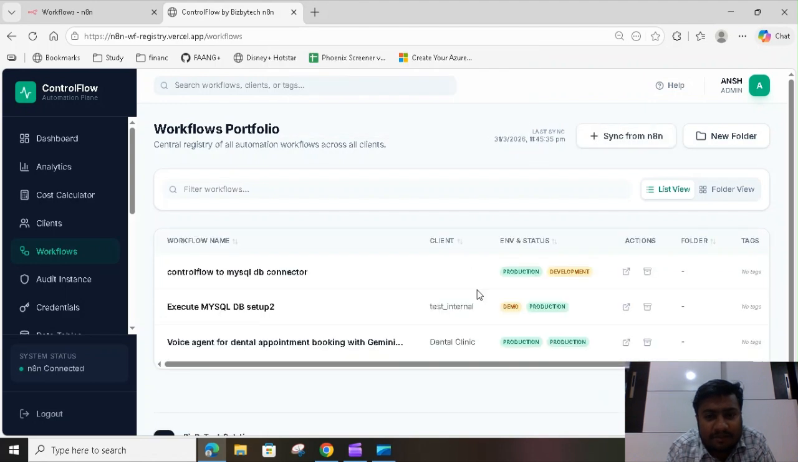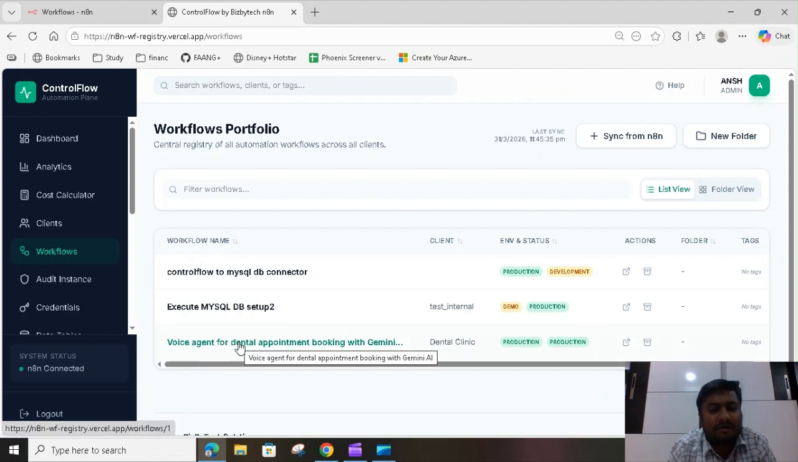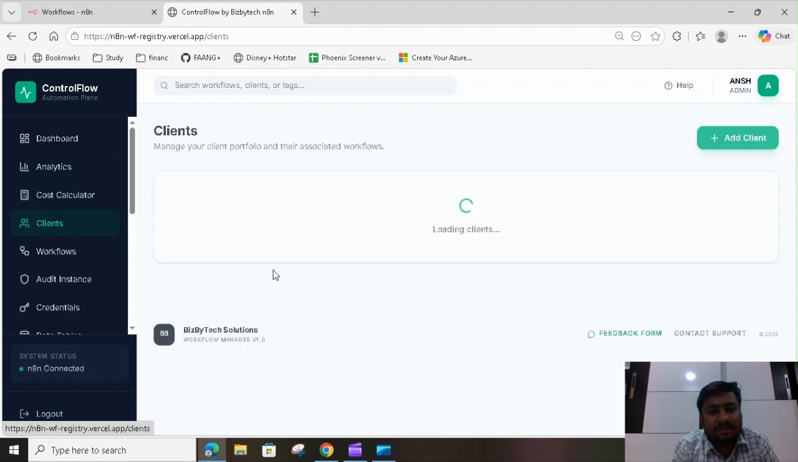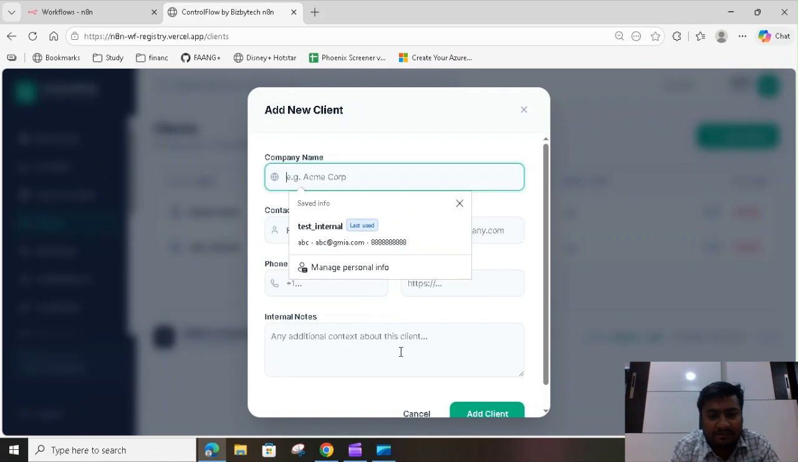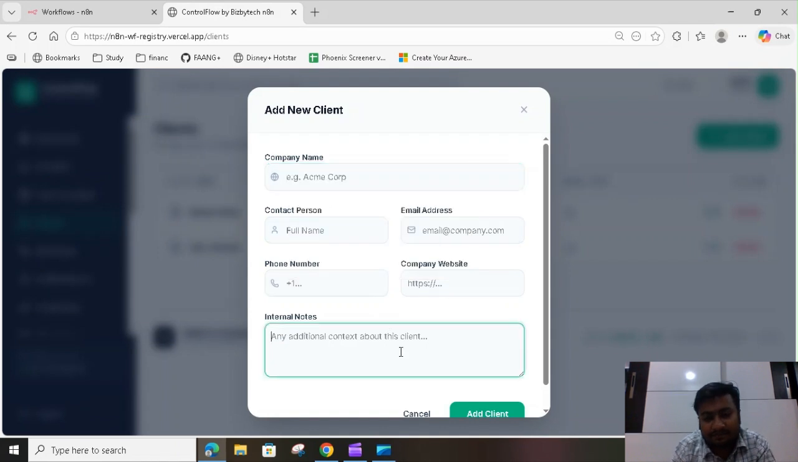Okay, it's saying it's completed. Now we can see all three workflows here. I created one workflow for a dental clinic. The doctor wants automated voice-based meeting booking for his patients. So what I did, I created one client using this add client button, added all the details, added the notes,